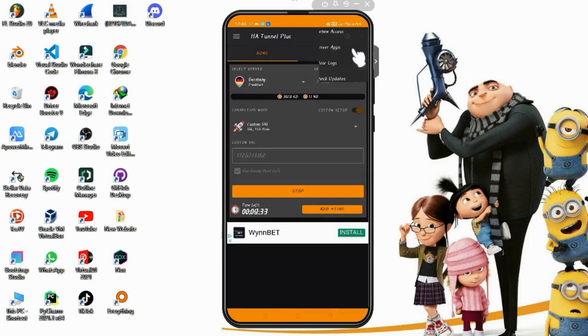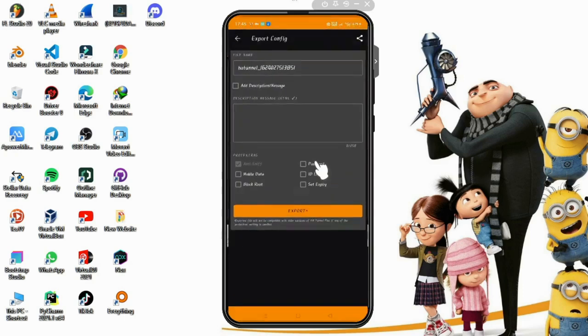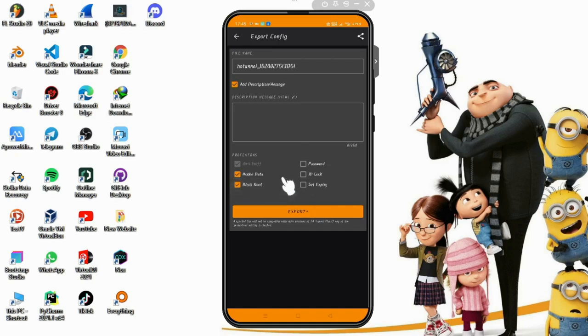So I don't prefer you making files using HATunnel, but because of popular demand, I held a poll and over 1,000 of you voted for this VPN. So I made this video, and I'm going to export it. This example is the procedure of exporting the file. It's very easy,